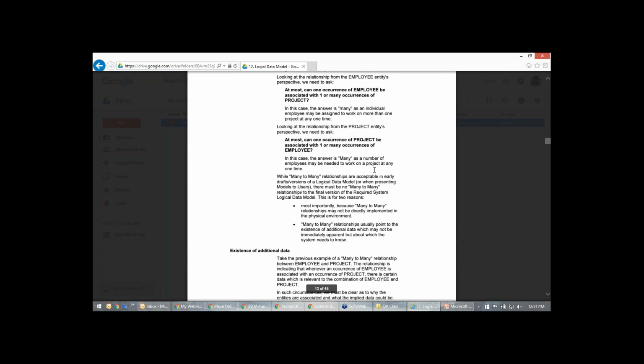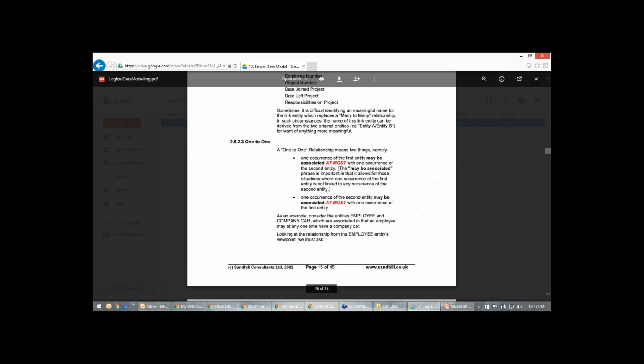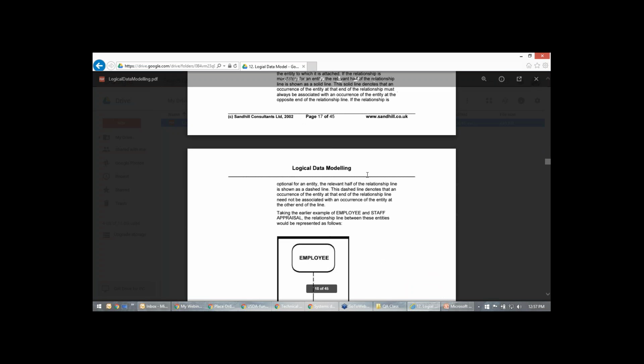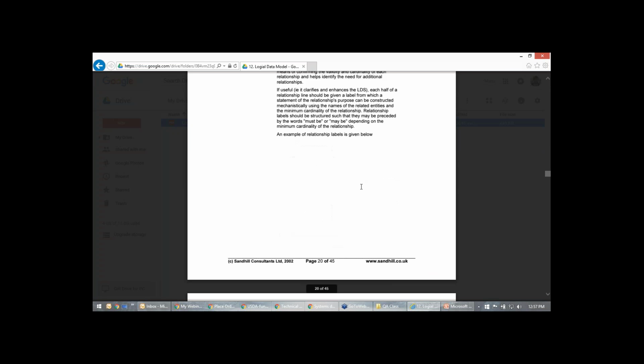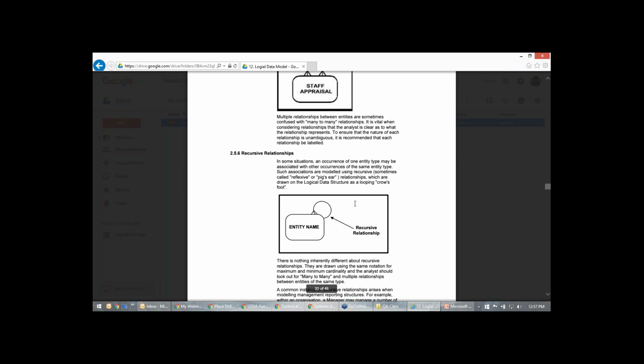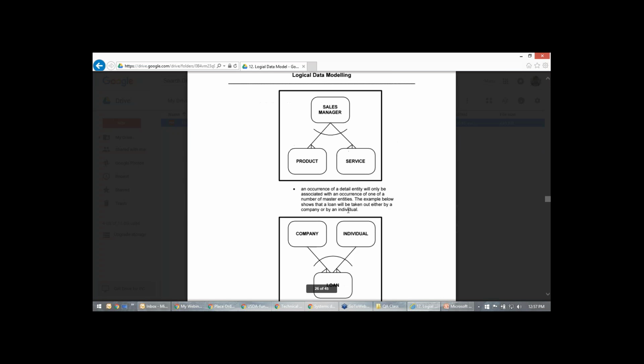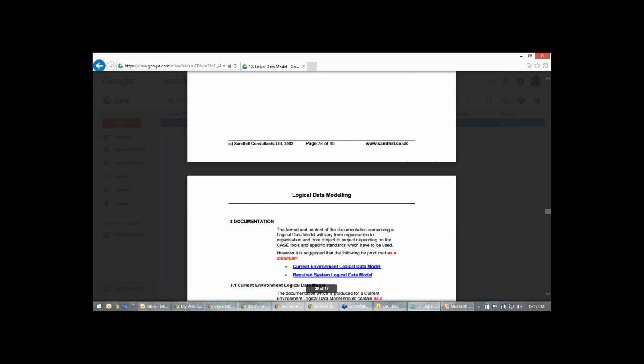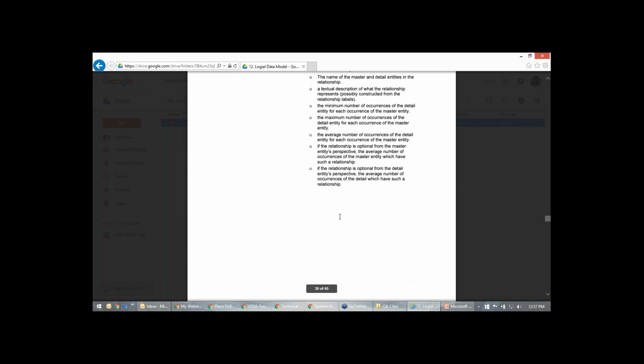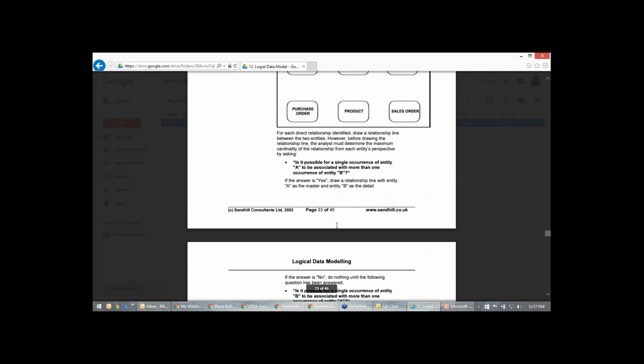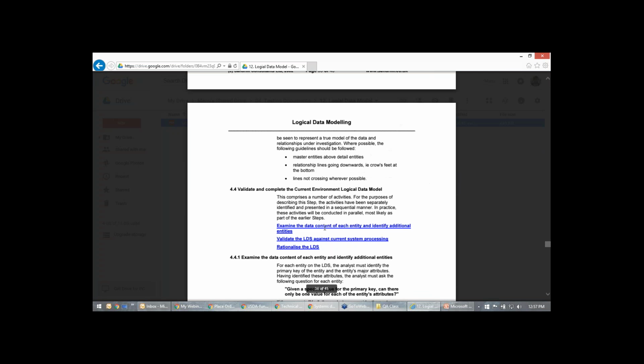In real time, this might not be like this. The document will be much bigger, and you have more at the table level. Everything will be at the table level and less at the information level. All this will be a graph, a chart kind of thing. So this is the idea.